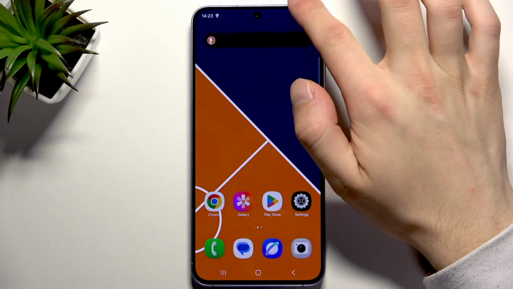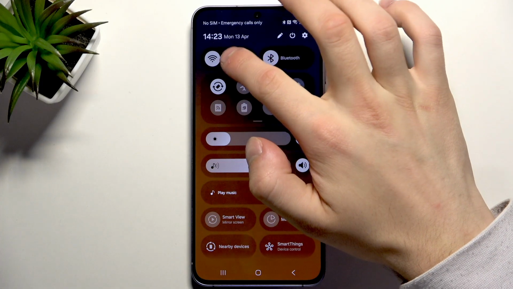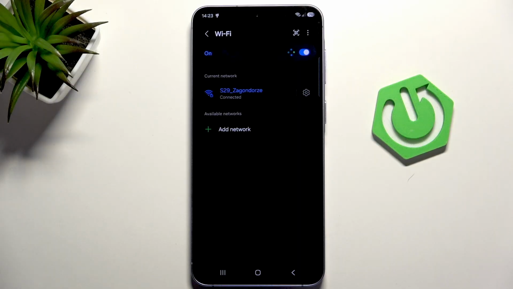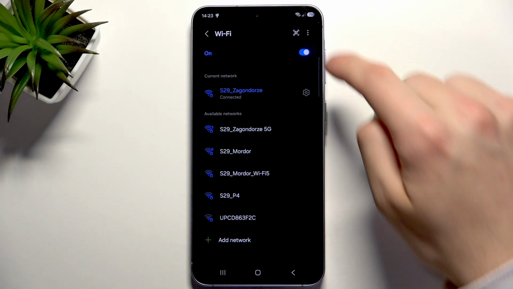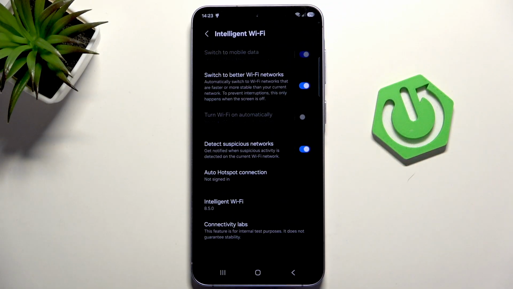So first, scroll from the top and here you have the Wi-Fi settings. Just click and hold on it, then click Details. Now in the top right corner we have three dots right here. Click and open Intelligent Wi-Fi. Now on the very bottom we have Intelligent Wi-Fi